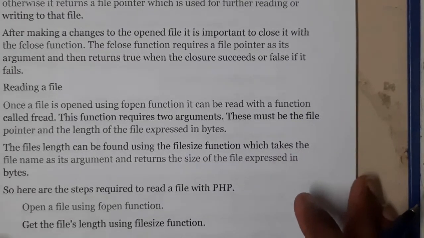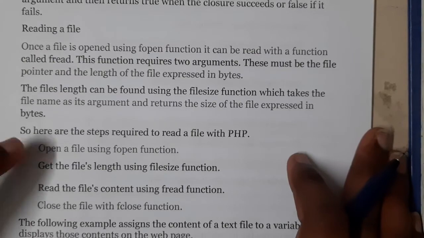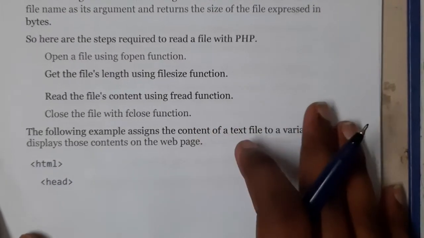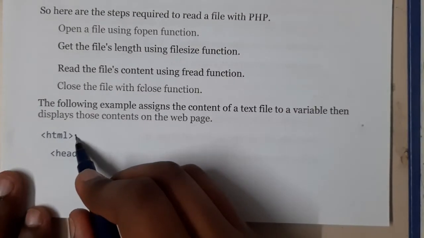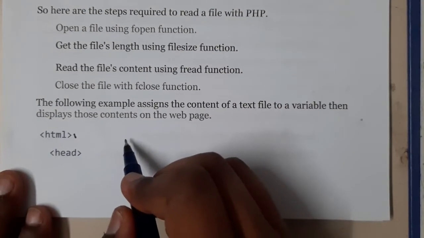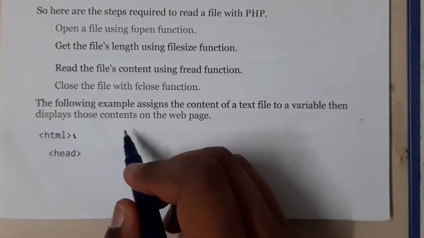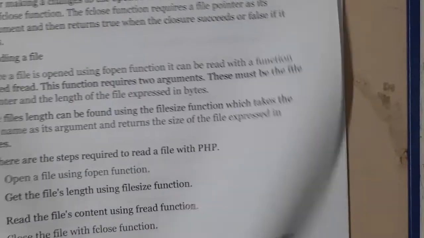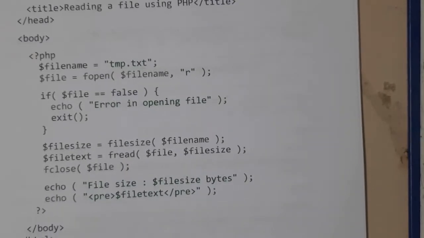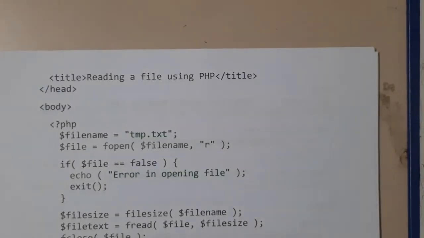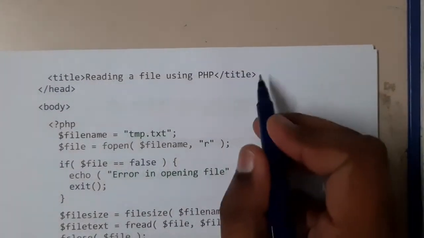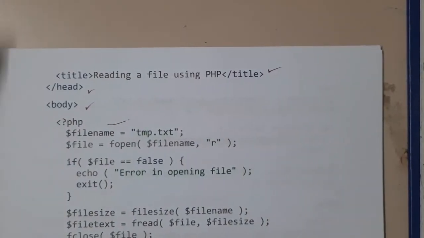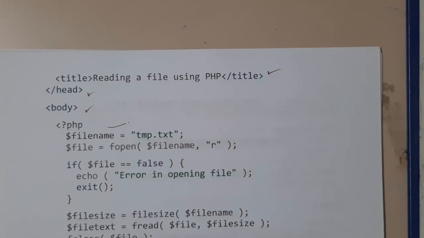I hope everyone can go through the theory, because it's just a theoretical part. We'll be starting with the explanation of coding, so that it will be clear for you. I hope everyone remembers that all the PHP code we will be writing mostly inside HTML, in the PHP tags. So you started HTML, then you started head, then you wrote the title as reading a file using PHP. Then you closed the head and opened the body. Concentrate from here, guys, because here we have multiple syntaxes, and you will have a clear idea.